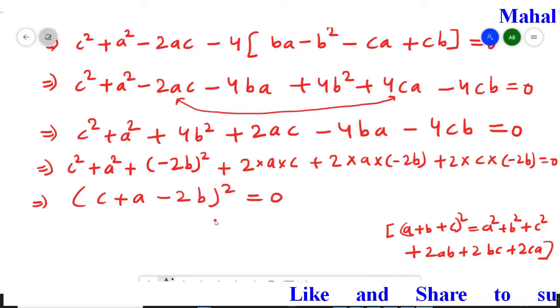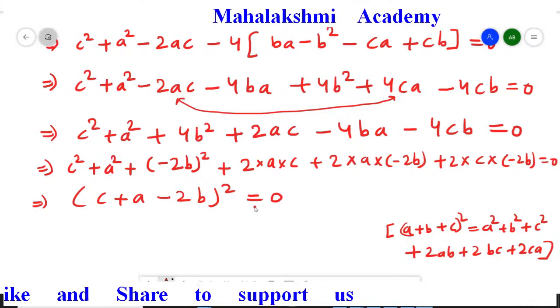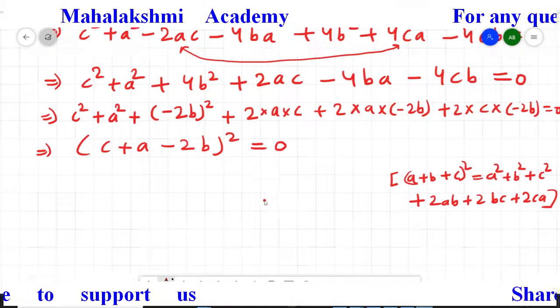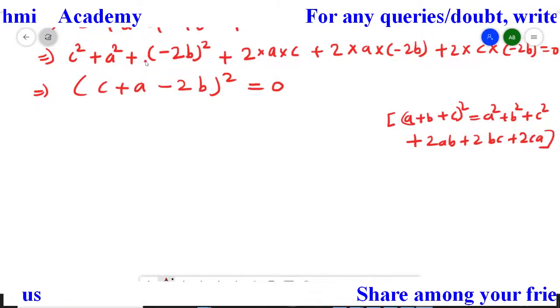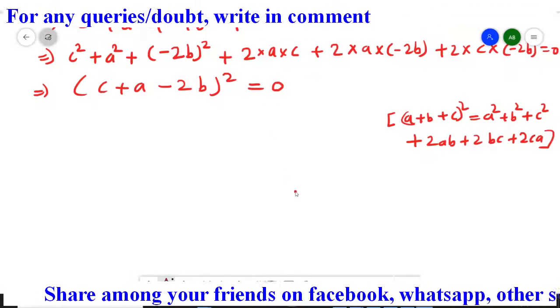Now why did I write it? Why did I write this formula? Because of this reason. This formula is very important for this step, so you must write it. Now in the next step, this square will shift to the other side. So square root of 0 is 0. So we'll write here on taking square root,